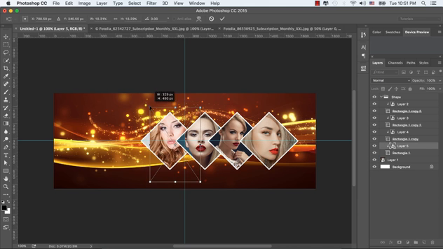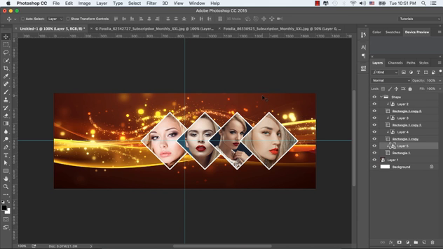And let's reposition the image. While you're doing the transformation, make sure you hold the Shift and Alt keys together in order to have the same proportional width and height.